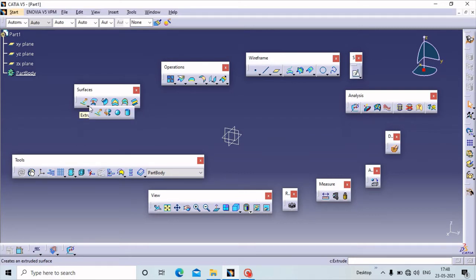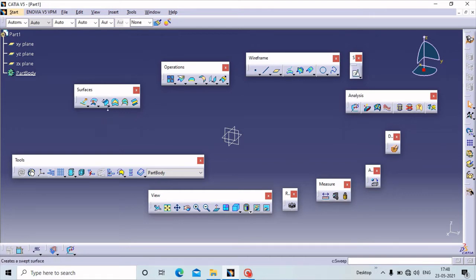You can extrude or revolve, and create a sphere or cylindrical shape by using these commands. If you have to offset one surface to another surface, then use this offset command. If you want to create complex shapes, by using this sweep command you can create your required shape. This is the most useful command inside the automotive industry.